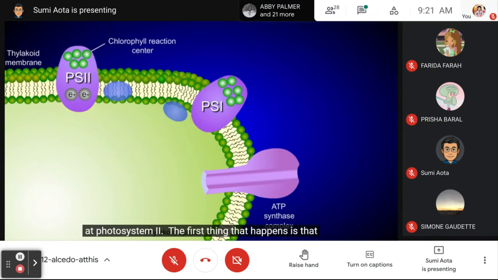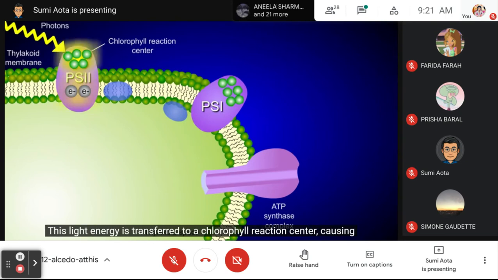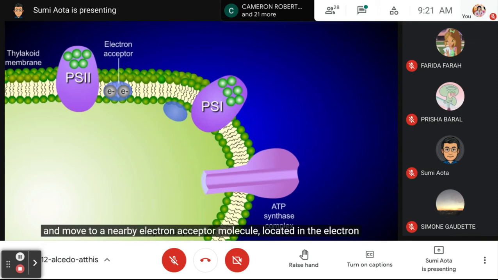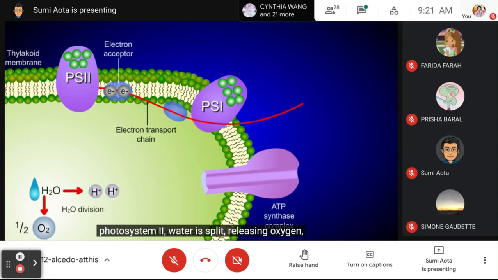The first thing that happens is that photosystem 2 receives photons, or light energy. This light energy is transferred to a chlorophyll reaction center, causing electrons in the reaction center to become energized. These electrons become so energized that they escape photosystem 2 and move to a nearby electron acceptor molecule located in the electron transport chain. Meanwhile, to replace the electrons leaving photosystem 2, water is split, releasing oxygen, 2 hydrogen ions,